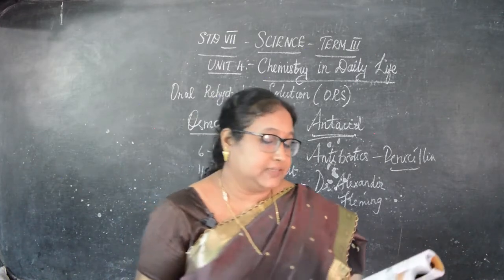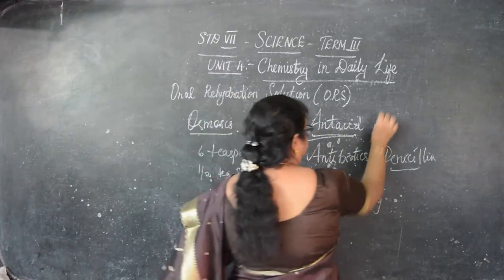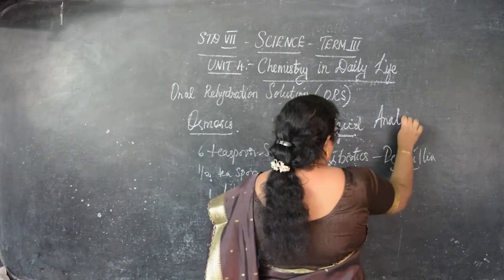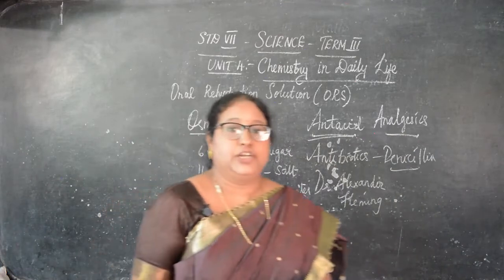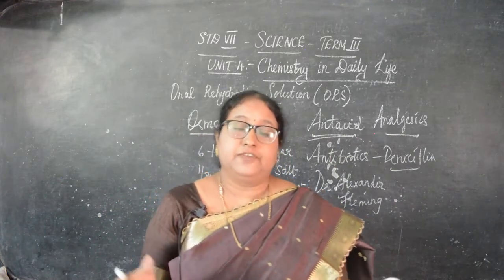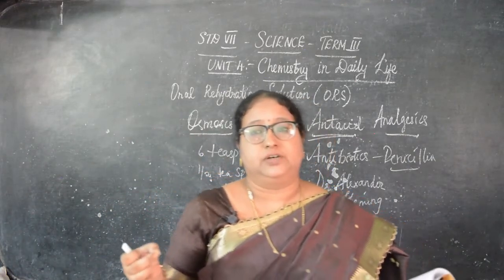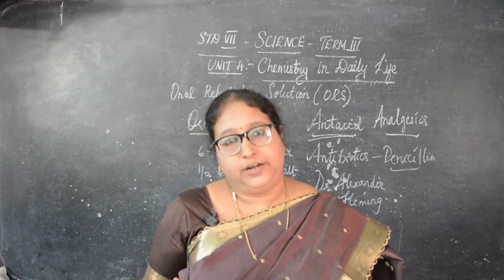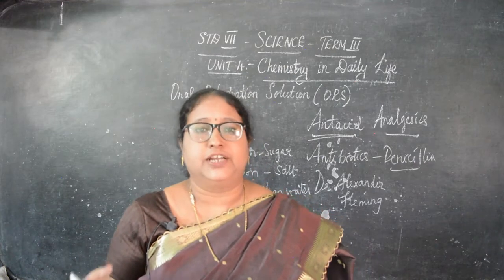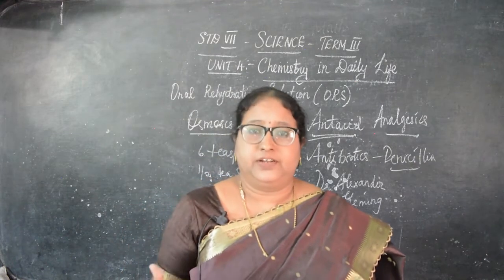Okay. Next is analgesics. Analgesics: injury, getting hit, burn, then pressure from sharp objects, like knife or scissors, if we get a cut, or another condition that causes pain in our body. What happens in our body when we get a cut or some injury? Pain comes in our body, right?